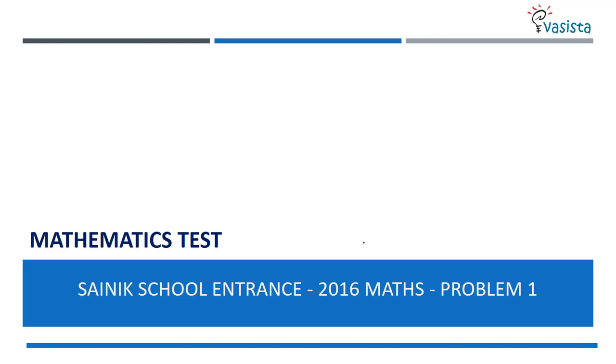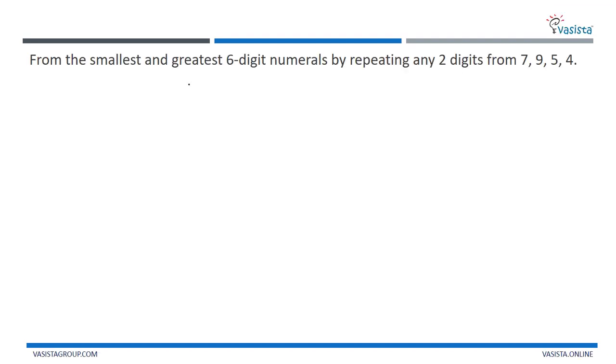Fine, let us start solving the problem based on the 2016 maths paper. Let us check this out. Form the smallest and greatest 6-digit numerals by repeating any 2 digits from 7, 9, 5, 4. They have given the 4 digits, that is 7, 9, 5 and 4. Now we are supposed to do